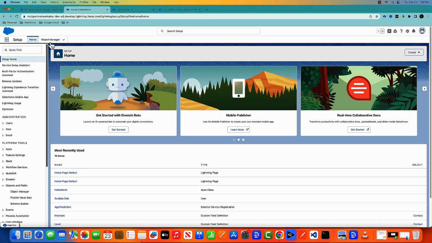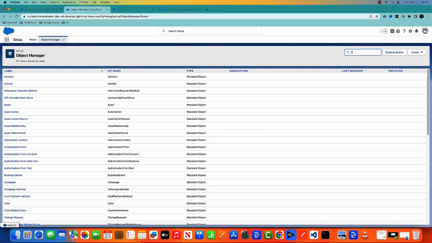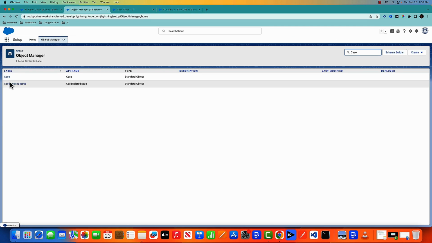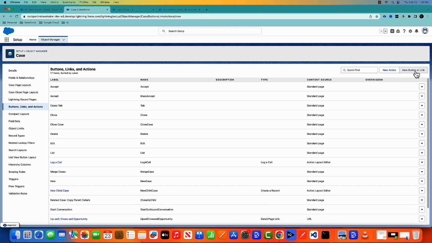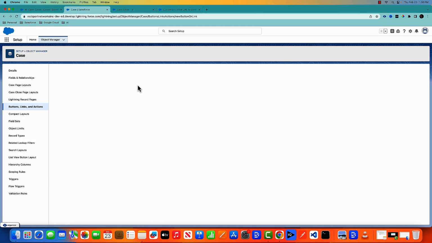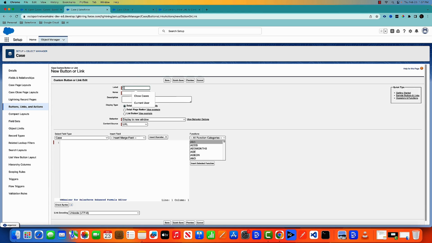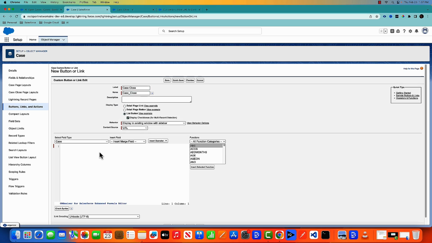So now I'll go back to the object manager and go to the case record. In the case record, the first thing that I need to do is create a list button. So give a name, case close, and then it will be a list button. And let's say